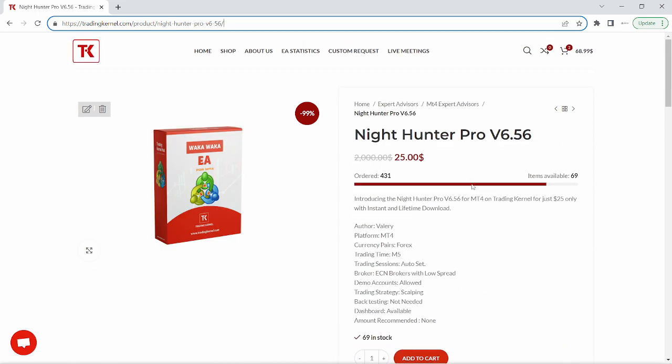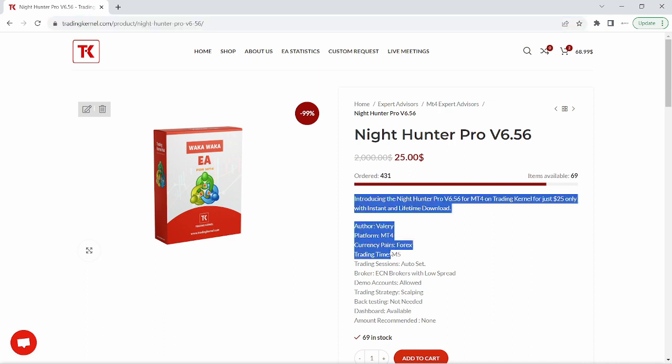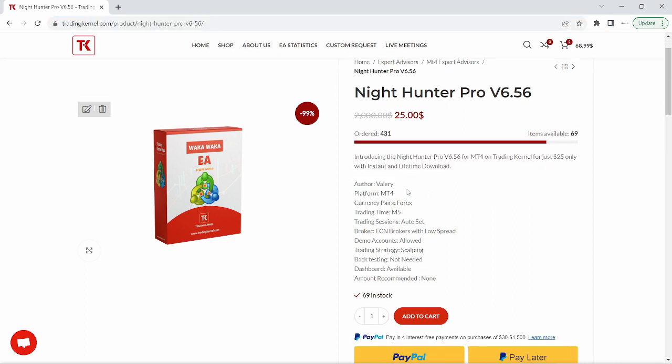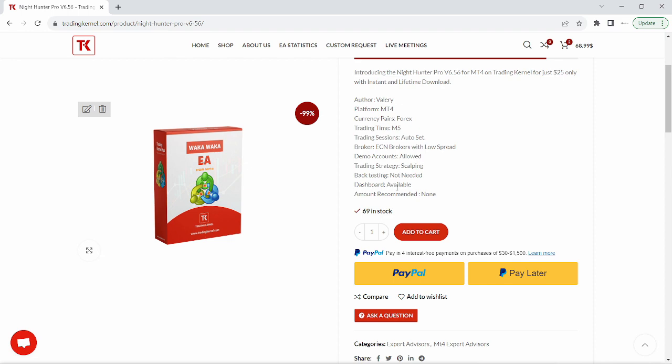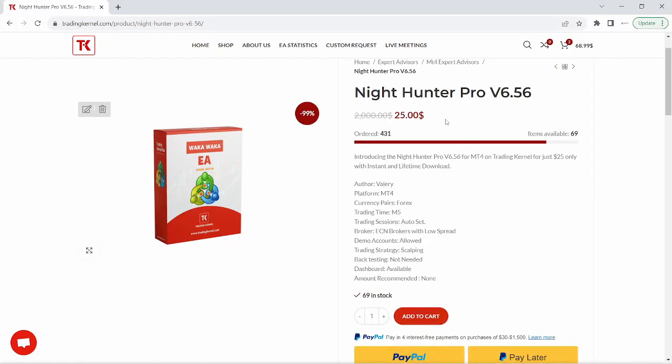Okay, so you can see a little bit of description about the expert advisor. Also MetaTrader 4, you can see the author also. The currency pair is Forex, the trading time frame is 5 minutes, and you can see the rest of the information here. So this expert advisor is $25 only,